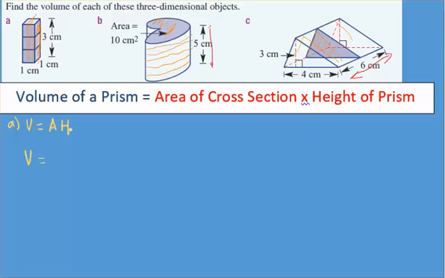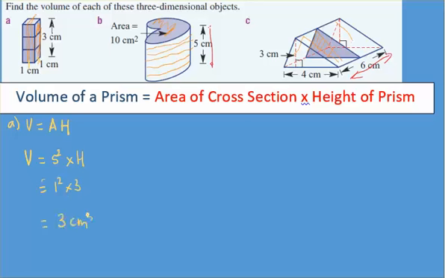The cross section here we're going to use is this shape at the bottom, which happens to be a square. We're not entirely sure, but we think it is because it's meant to be a square. So the volume is the area, which is side squared for a square, times the height of the prism. We fill that out, and we get 1 squared times 3,